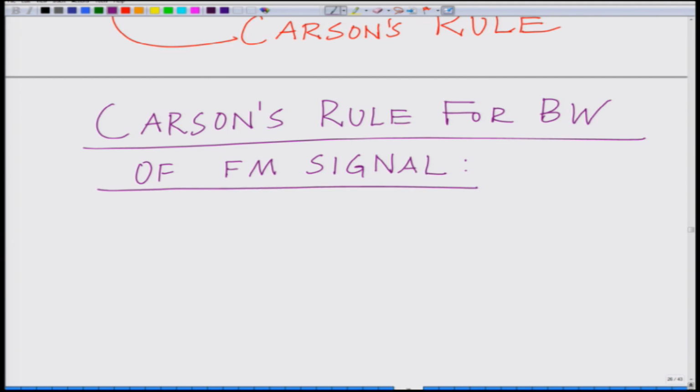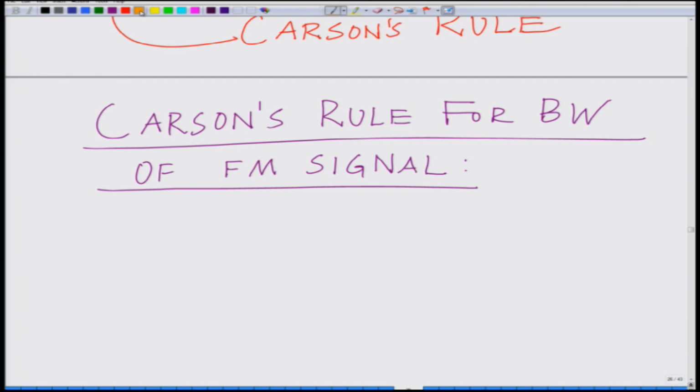Now, this Carson's rule is an intuitive rule, a rule of thumb or an approximation which is valid to a very large degree, with a very high level of accuracy. And this is based on the following observation, that the bandwidth for large values of beta,